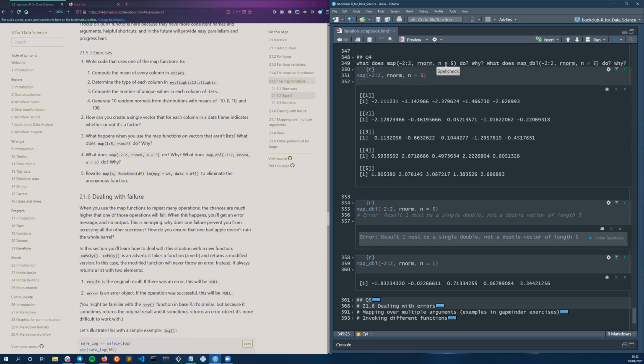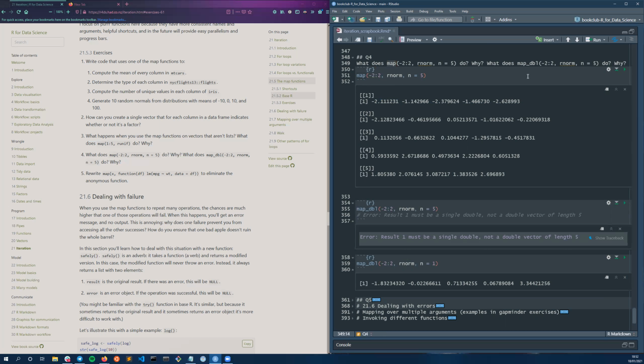So we're basically picking a random sample of size 5 where the mean ranges from -2 to +2 in intervals of 1. So when we have it as map, the result is a list where each element is 5